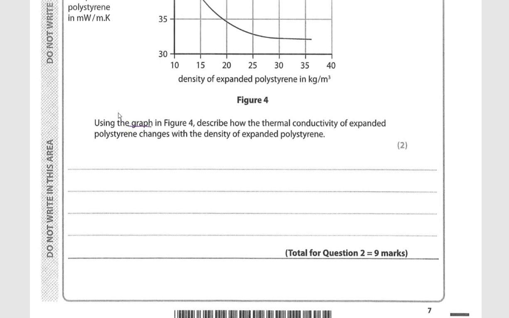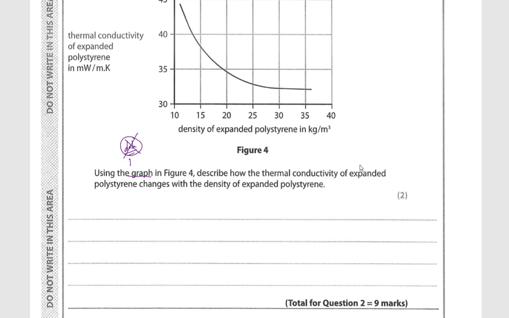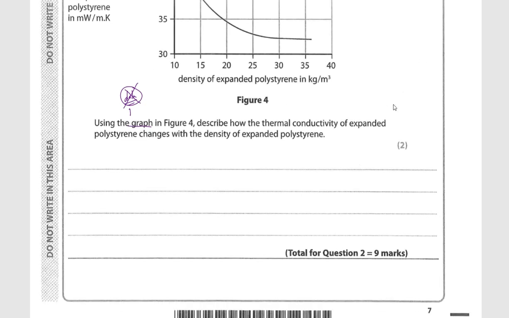Now the question does not say using the data, so there's no need for me to add the data in. The question doesn't mention data. The question is telling me to use a graph and describe what's going on. Now it's 2 marks. So pretty much I can clearly see that